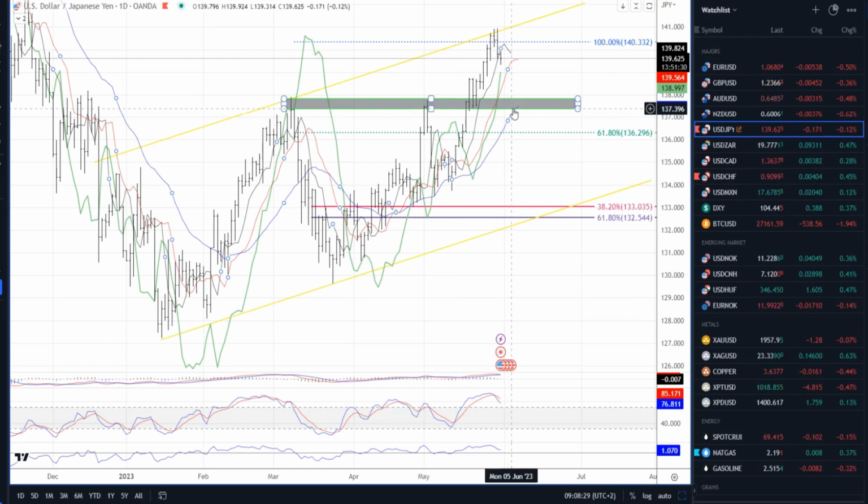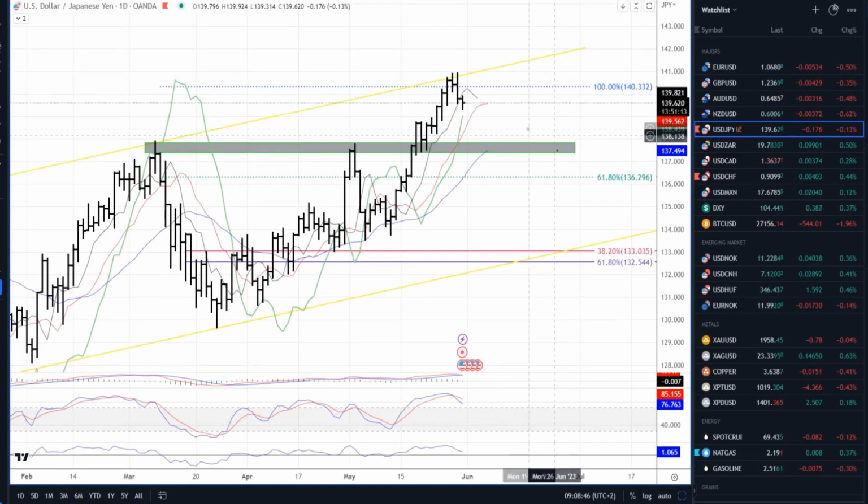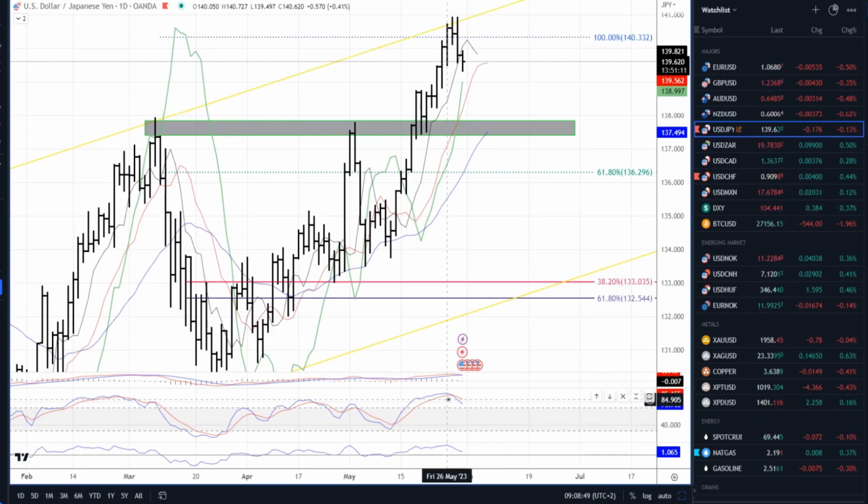So what we have here on the USD versus Japanese yen, this is a daily time frame, and I placed a Fibonacci extension from this swing low, this swing high, and this swing low, and we had a Fibonacci 100 expansion percent around the 140.40 mark. Also, we can see here that stochastic got a fresh bear cross and it's from the overbought territory.